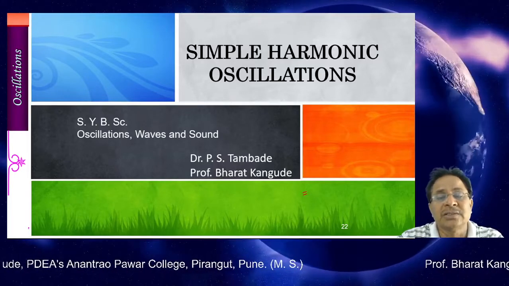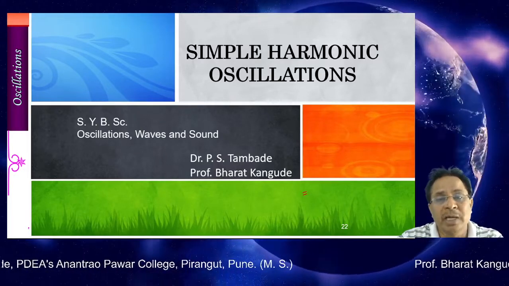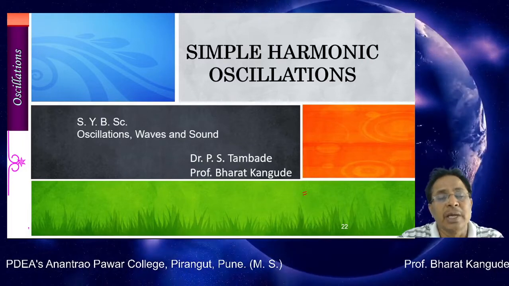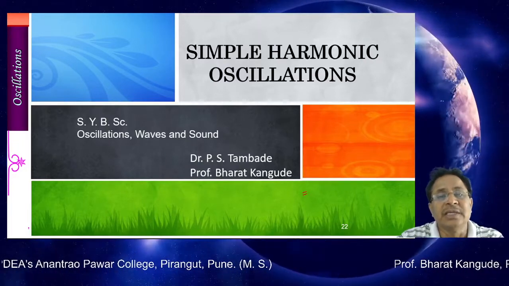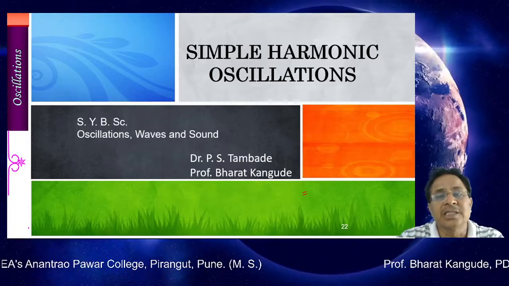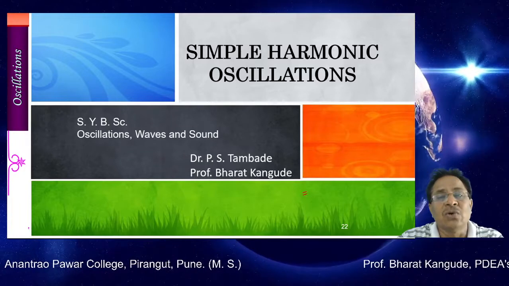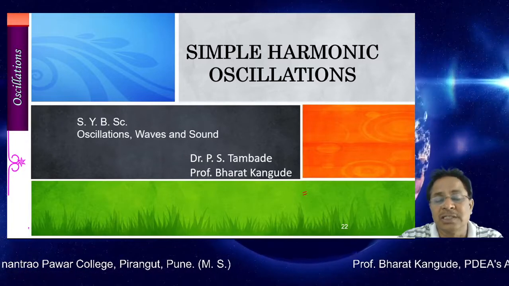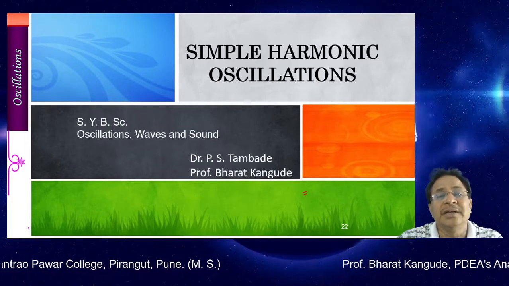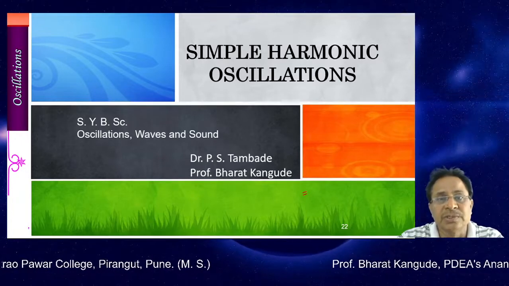We have seen acceleration is given to be minus a omega square into sine of omega t plus phi. This negative sign indicates that acceleration and displacement, if plotted graphically, are found to be out of phase, or the phase difference between displacement and acceleration is 180 degrees. So this phase difference, period, etc.